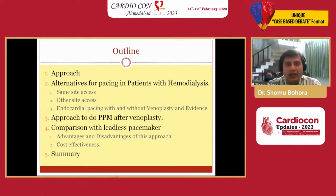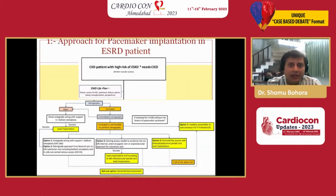What are the alternatives for pacing in patients on hemodialysis, excluding the leadless pacemaker, as has been discussed? What is the approach to doing a pacemaker after venoplasty, and comparing it with a leadless pacemaker. So, as seen in this